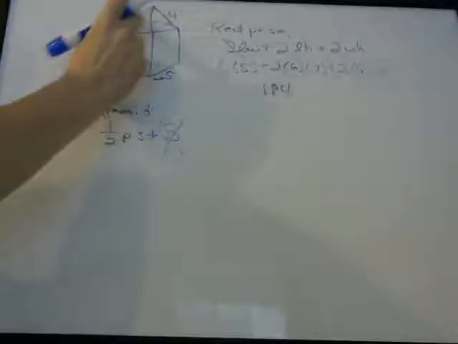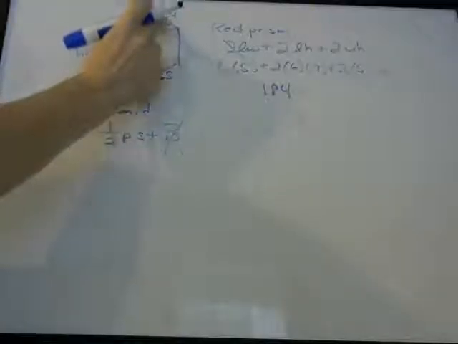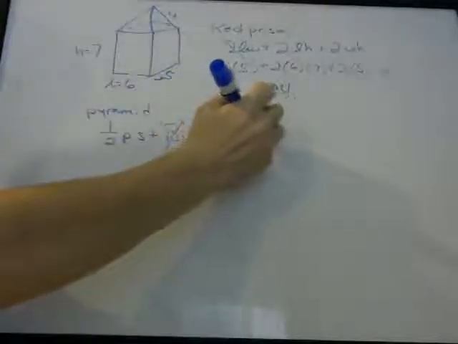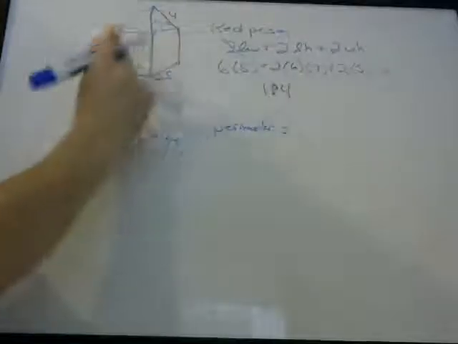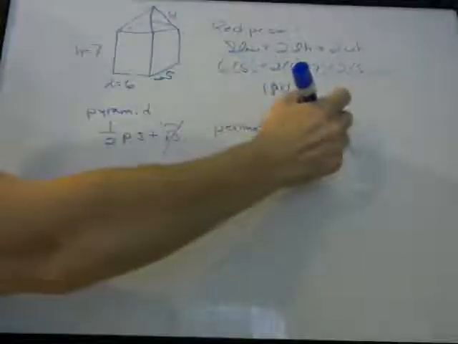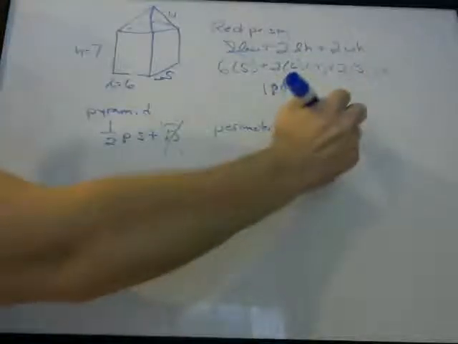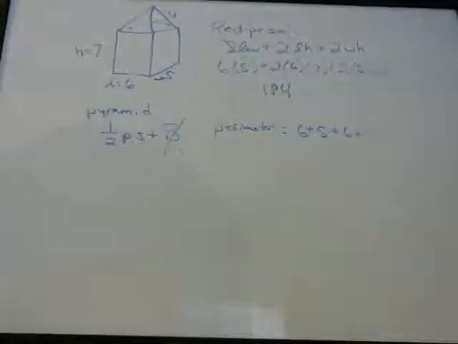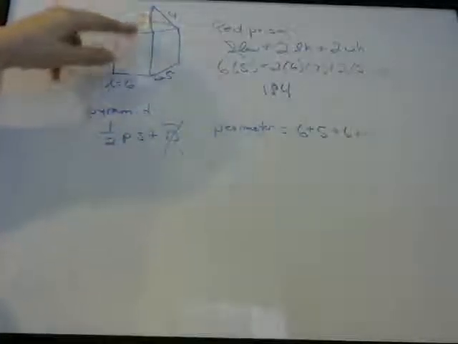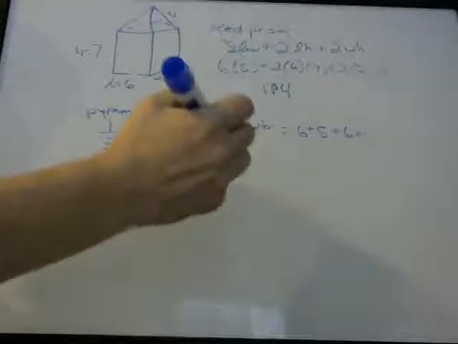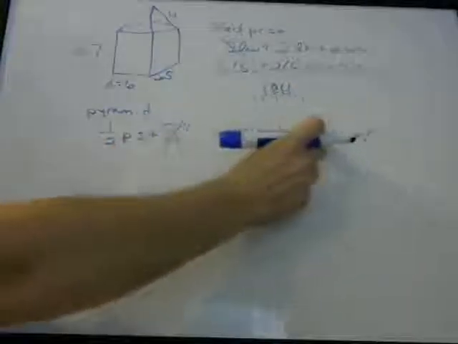You just add up all the sides. Remember, there's 4 sides to this pyramid. There's 6, 5, 6, and 5. So the perimeter of the base is 6, I just add them, plus 5, plus 6, plus 5. You can look at your formula sheet and you can see that perimeter of a rectangle is 2 times length plus 2 times width. It's the same thing. You just add up the sides to get perimeter. So the perimeter is going to be 22,